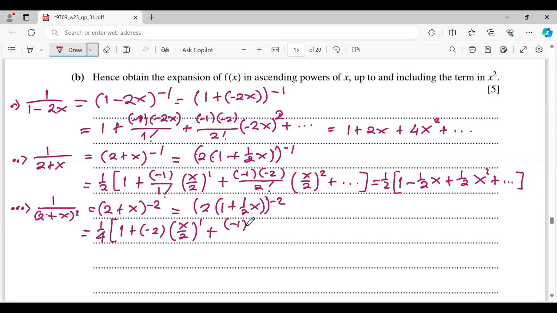plus minus 2 times minus 3 over 2 factorial times x over 2 squared, plus so on, becomes 1/4 times 1 minus x plus 3/4 x squared, and so on. Okay,